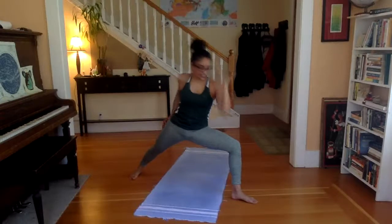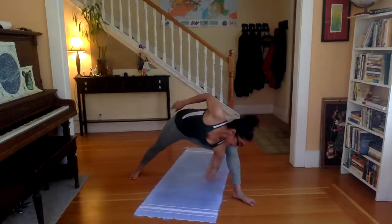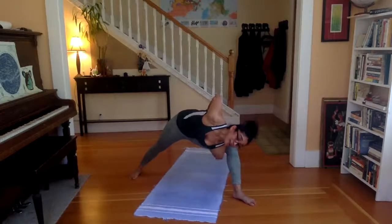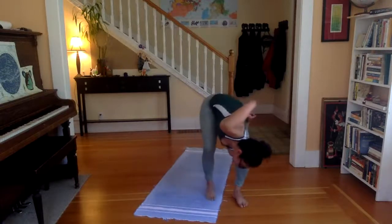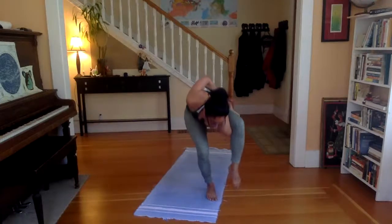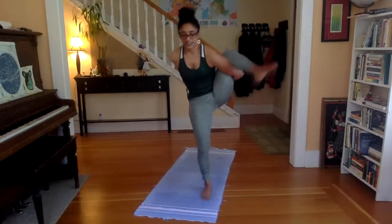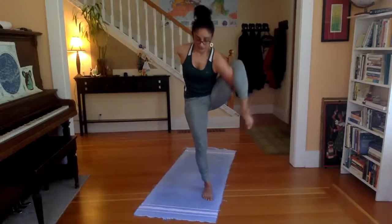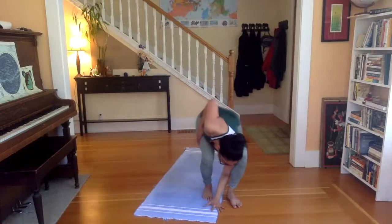From here, extended side angle. We're going to go right into bird of paradise here if you'd like. Right? If you want to just hang out in the extended side angle, fine. But we'll find the bind potentially. Step the left foot up to meet the right. On an inhale, see if you can unweight those right toes. On an exhale, maybe you extend, and then we'll head back the way we came, lowering down, stepping that left